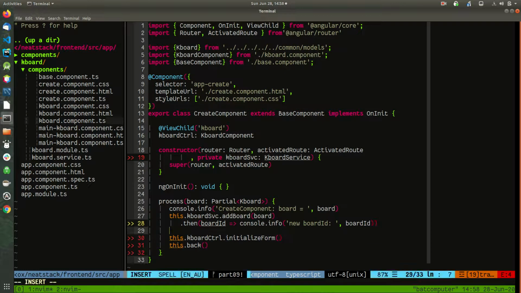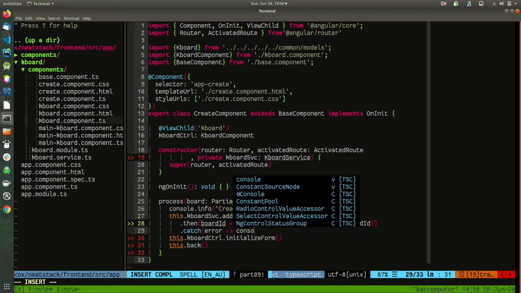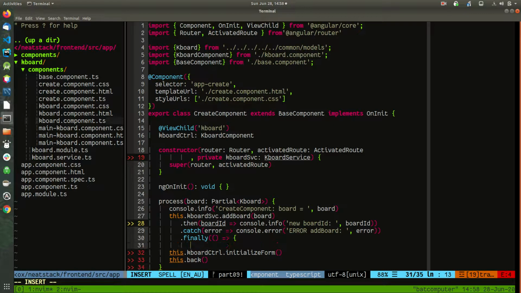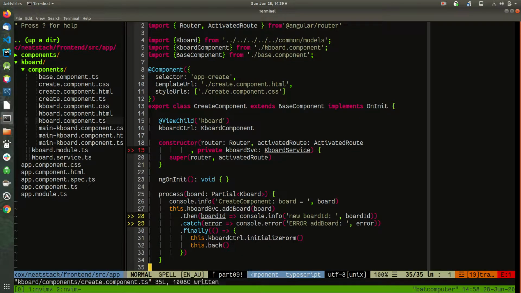Okay, so if there is any error, we'll just dump it out. You can say console error. The error is from add bot. Okay, and finally we want to perform some cleanup. And what we'll do is this: you just go at that. Okay, like so. Okay, so now let's try out our